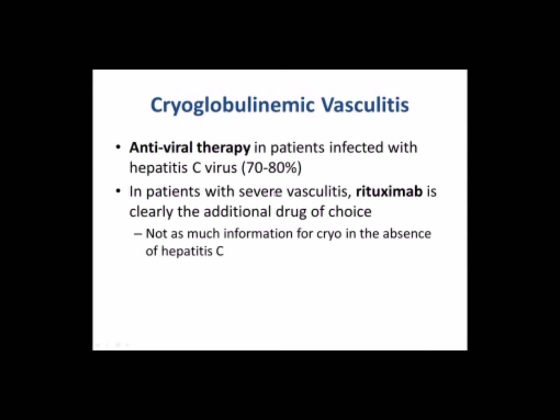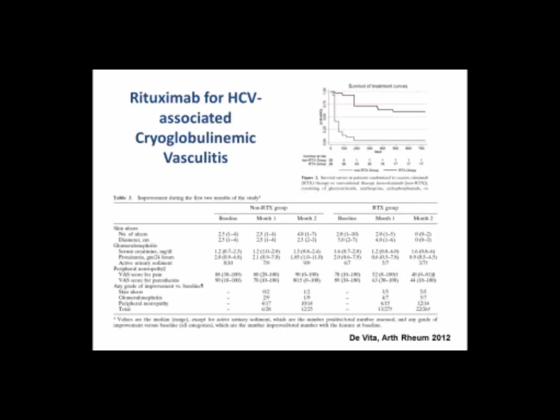But in patients who have severe vasculitis at the time, you can't wait for the antiviral therapy to work, and it's been shown recently in several studies that rituximab is really better than the other drugs that have traditionally been used. Unfortunately, we don't have that much evidence that it is better than any other drugs, or even how well the various drugs work in the sizable number of patients who have cryoglobulinemic vasculitis and don't have hepatitis C. They have Sjogren's, or rheumatoid arthritis, or lupus, or something else we can't even detect. These are just a couple of examples.